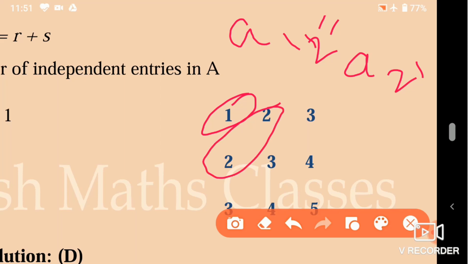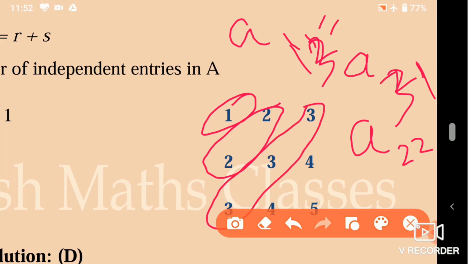So this is the second entry, that's why I put 2. And then A13 equal to A31. The total is 1 plus 3, 3 plus 1, 4. But what about A22? For this also the total is 4, 2 plus 2. So these three elements must be same. So இந்த மாதிரி செக் பண்ணணும். A11 என்றால் 1 plus 1, 2. இப்போ வேற எங்கேயாவது டோட்டல் வந்து அந்த எலமெண்ட் இருக்கிற பிளேஸ் row plus column, that is the meaning. அந்த மாதிரி பார்க்கணும்.